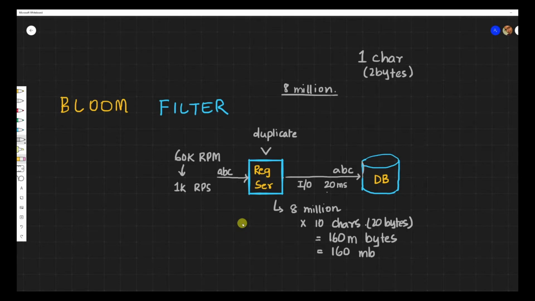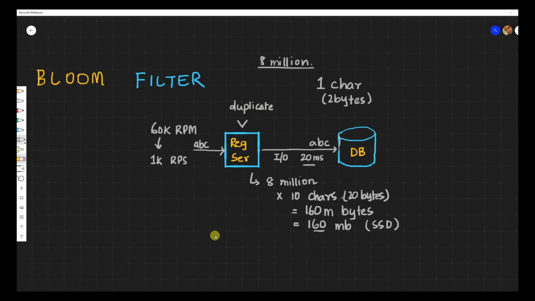And doing a DB operation is costly. Another problem is that since we are dealing with strings, we have a comparison cost as well. So 10 characters would be compared, so there will be a cost. In this kind of scenario, Bloom filter comes in pretty handy, and it helps us identify whether we have the element already stored with us or not.